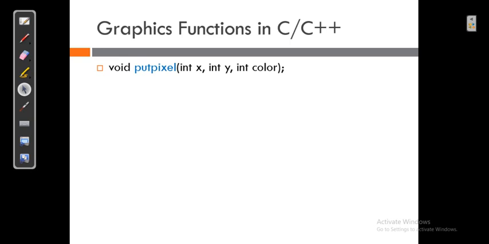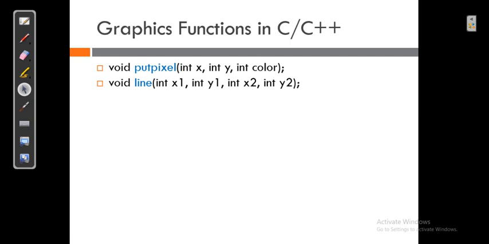There are many basic colors available, like red, green, yellow, violet. The value ranges from 0 to 15. You can check it in the help of C/C++, rather than remembering the codes. Or you can just write the name of the color in caps, like RED or GREEN, and it will automatically get the code value for that. Or you can check which value is for which color from the help part.